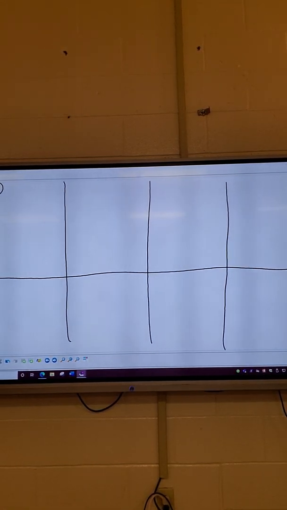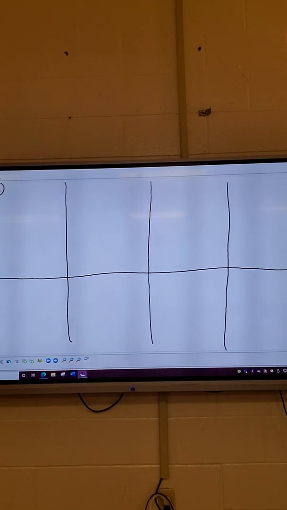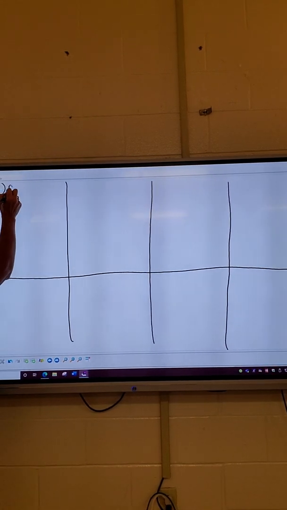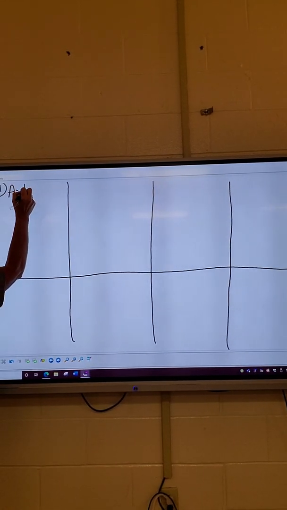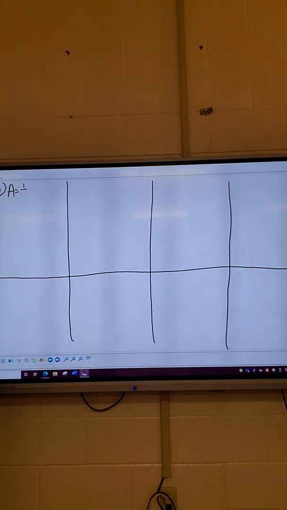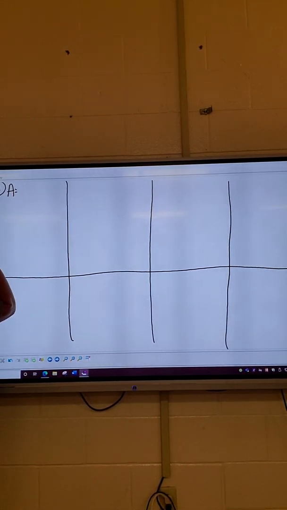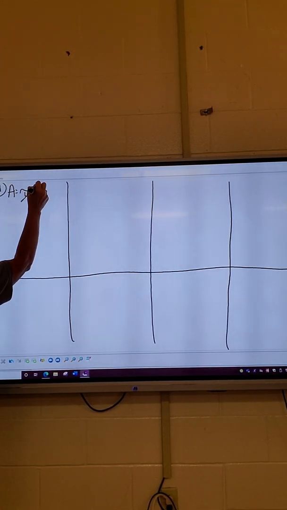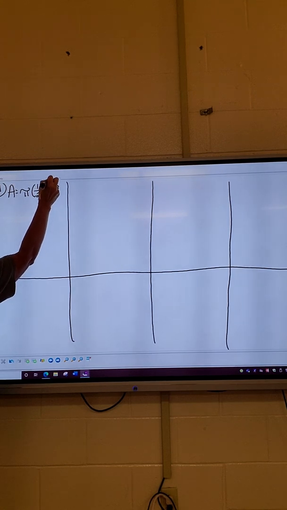Diameter. Right. That line goes all the way across, doesn't it? So on the back, we're going to use A equals pi times one half D